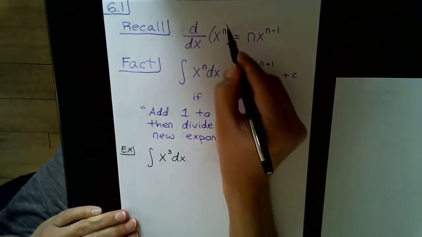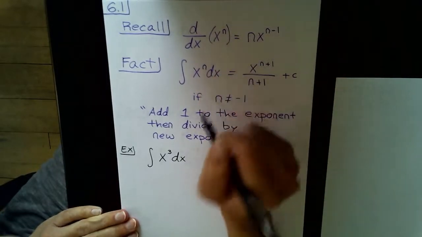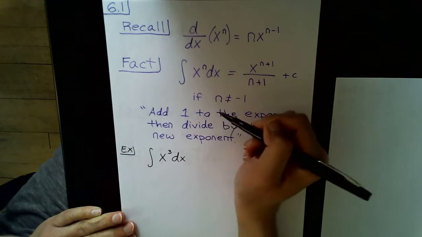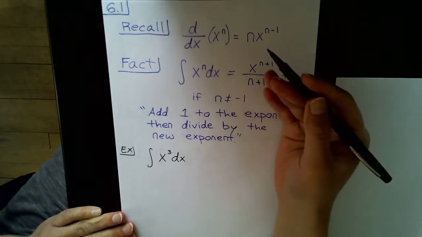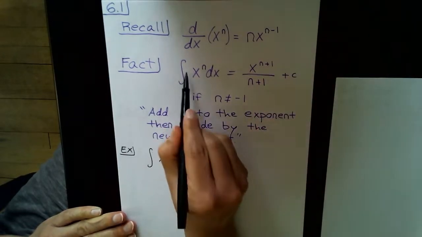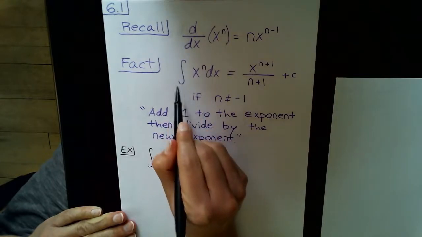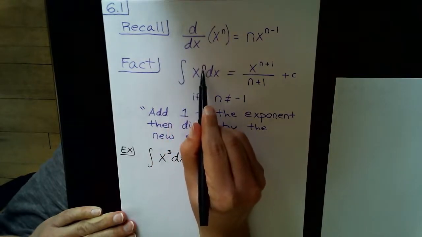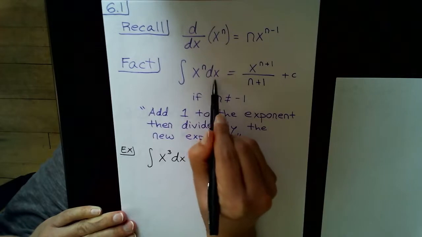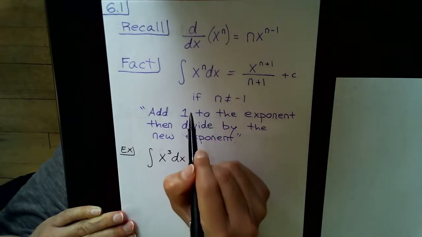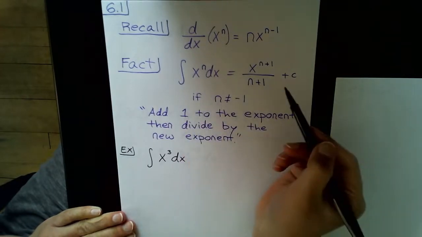Again, we multiply the exponent out front and then subtract 1 from it. So how would you reverse that process? Meaning, if we wanted to find the antiderivative of x to the nth power with respect to x, so dx. Well, to reverse that,